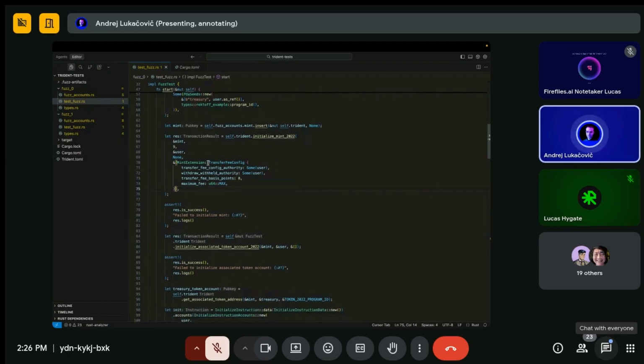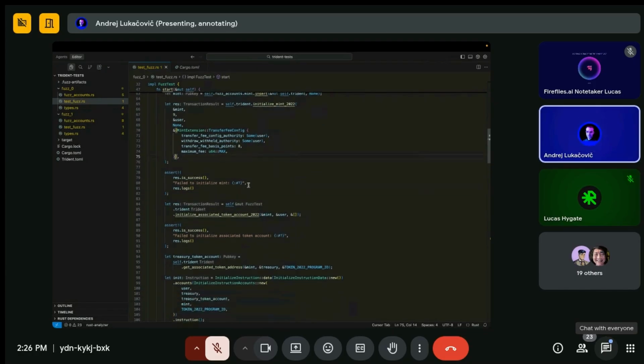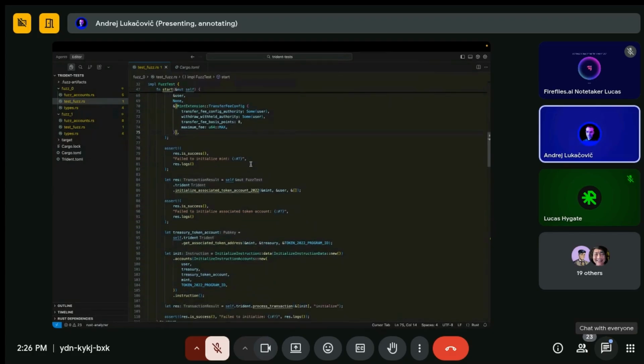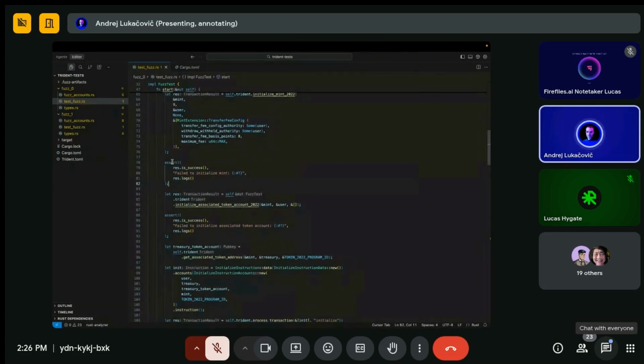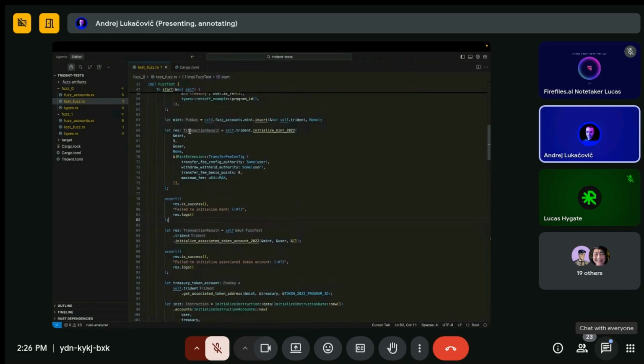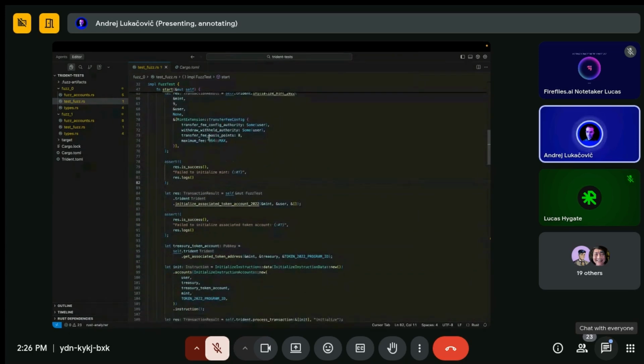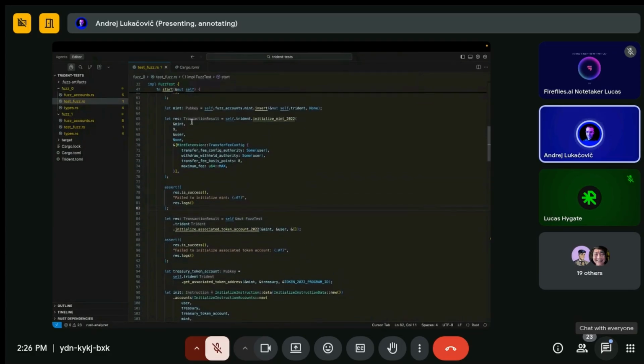But you can see, you can initialize mint with the transfer fee config. That can be pretty useful. You can test permanent delegate, transfer hooks, etc. All of the available mint and token account extensions. Then we check the result of the transaction. What is helpful here is that this initialize mint, and also for the instruction processing, the